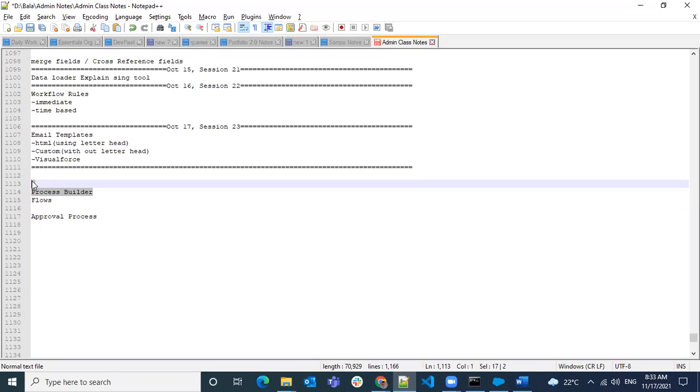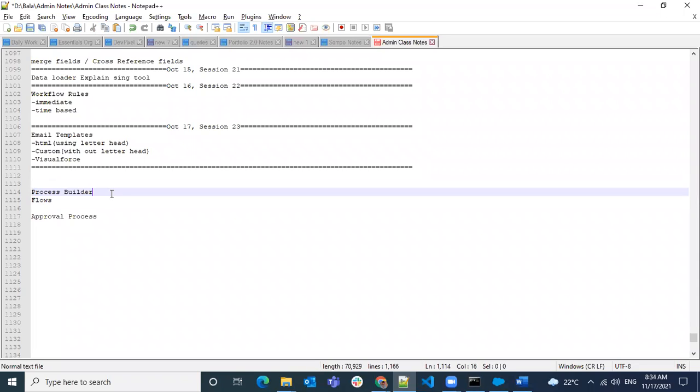And in workflow, you have a rule criteria. In this rule criteria, you will be writing either a formula or giving some fields with what all the things it has to meet, and then you will give specified actions. Whereas in Process Builder, you will be doing the same.